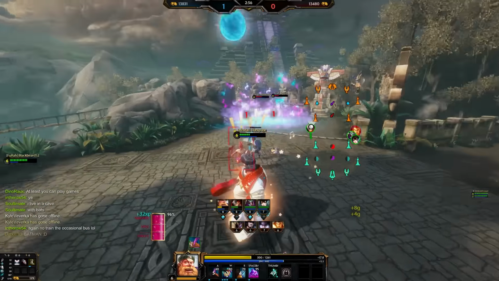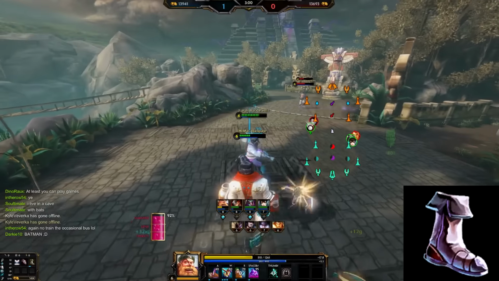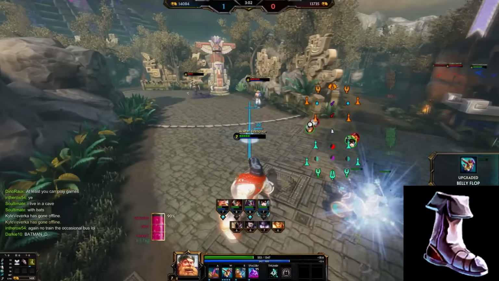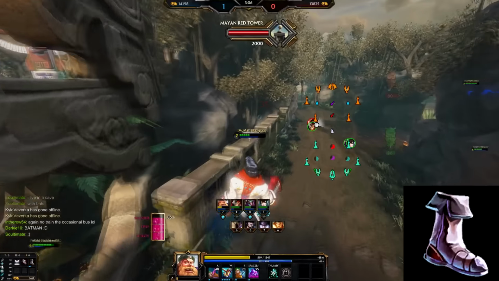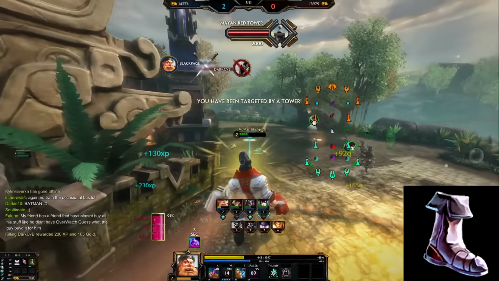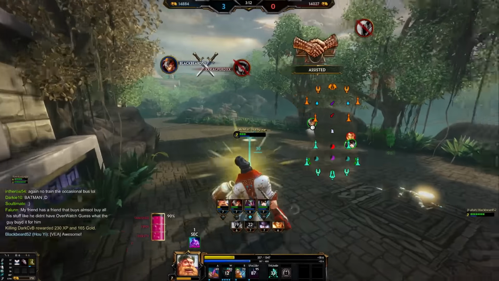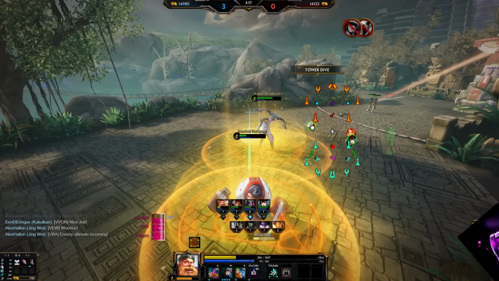Alright, so recently I made a video about physical boots. This time we're talking about magical shoes. So quite the equivalent in the magical department. We're gonna take a look at which shoes are used in which situation, which you can use and why, and on which characters obviously. So if you're playing any kind of magical damaging character, you usually want Shoes of the